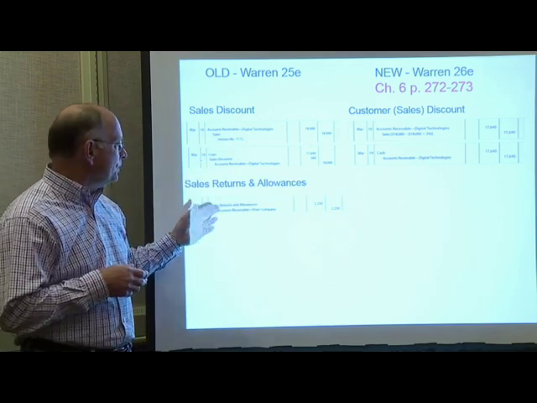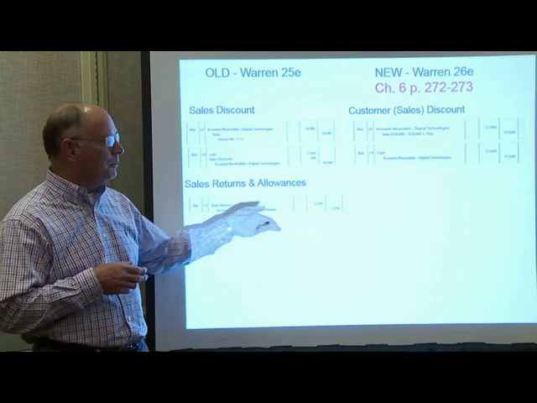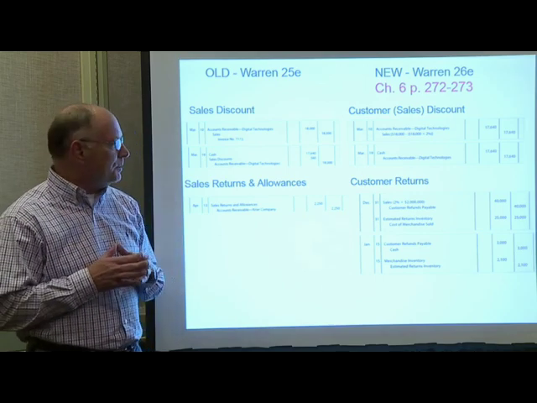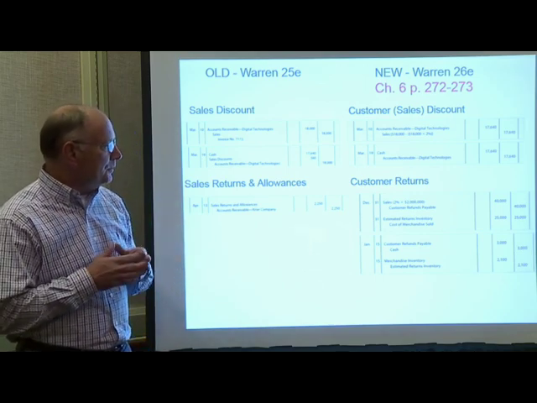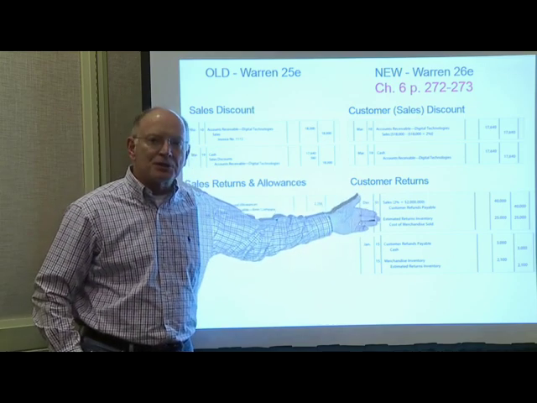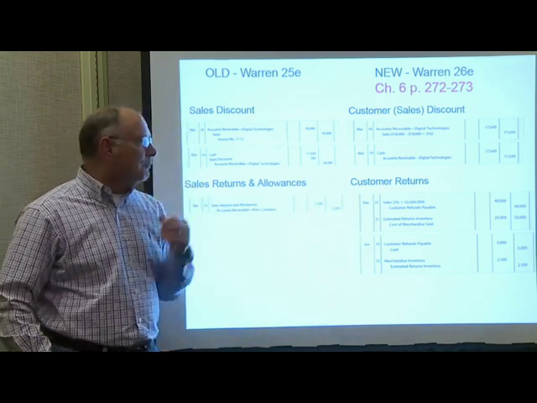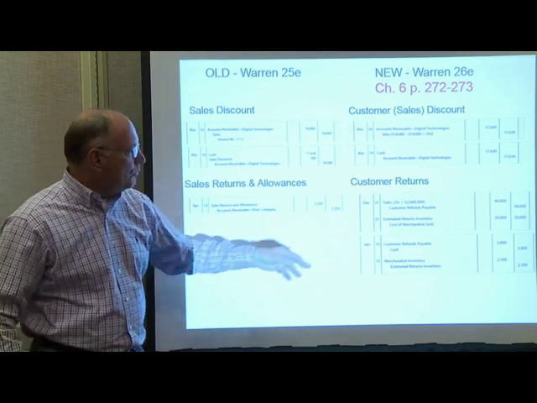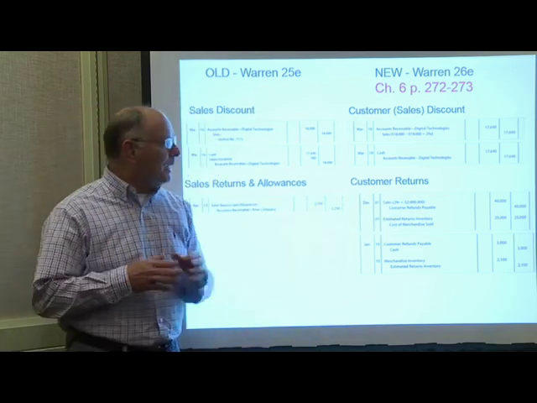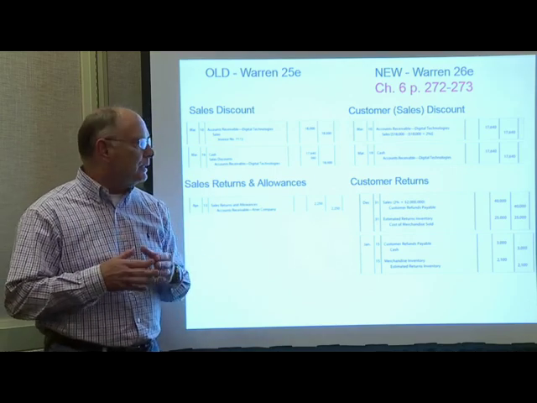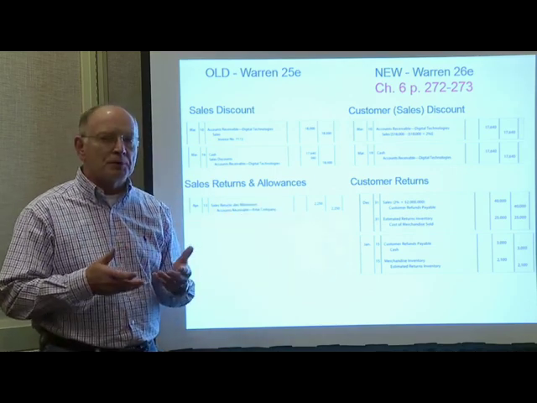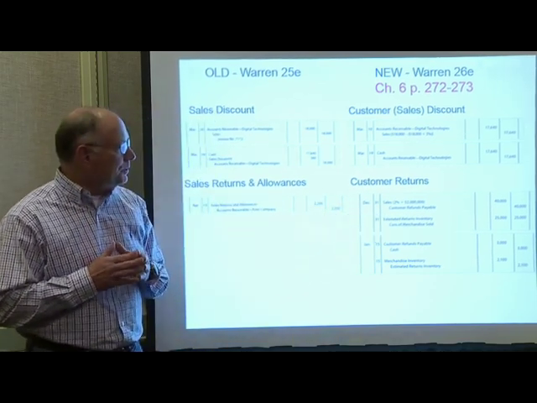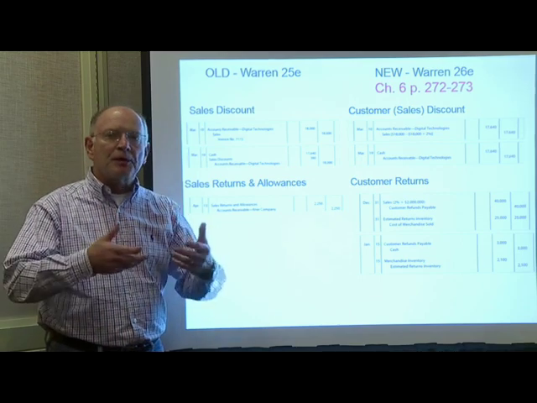Under the old method, we simply debited sales returns and allowances and credited accounts receivable for the amount of the return. Under the new method, as I said, it becomes much more complex. The new method under the standard requires us to recognize an adjusting entry at the end of the accounting period for any returns that we expect to receive in the future. And so in this case, we're recording customer refunds payable of $40,000 since we expect that 2% of the customers may return the merchandise. And at the same time, we have to debit our estimated returns inventory for the amount of inventory we expect to come back